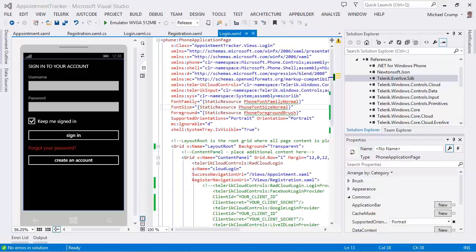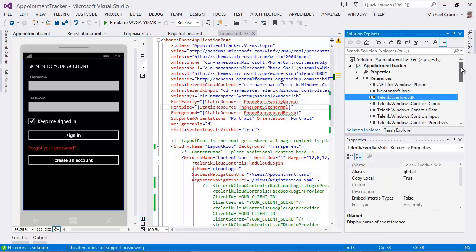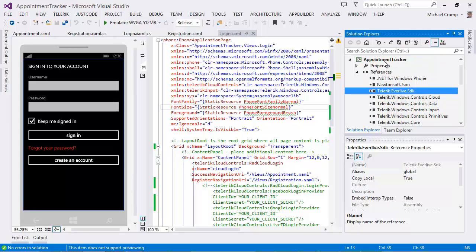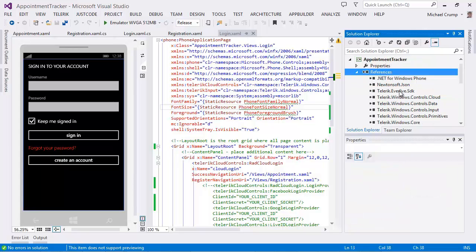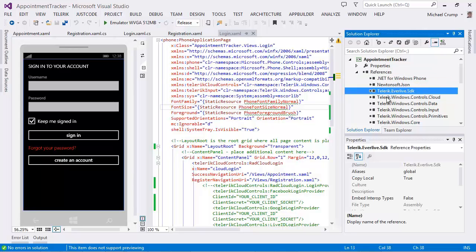So taking a look now at the cloud-powered controls, I wanted to go ahead and bring up a real-world application that I have been building on the blogs and show you exactly how we can integrate the cloud controls into an app. So underneath our appointment tracker, you'll see we have references, and then we have references to Newtonsoft.Json, Telerik.Everlive.Sdk,